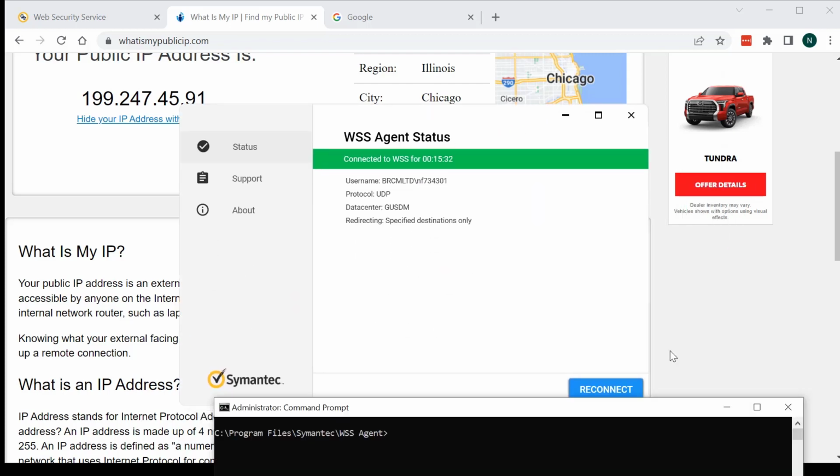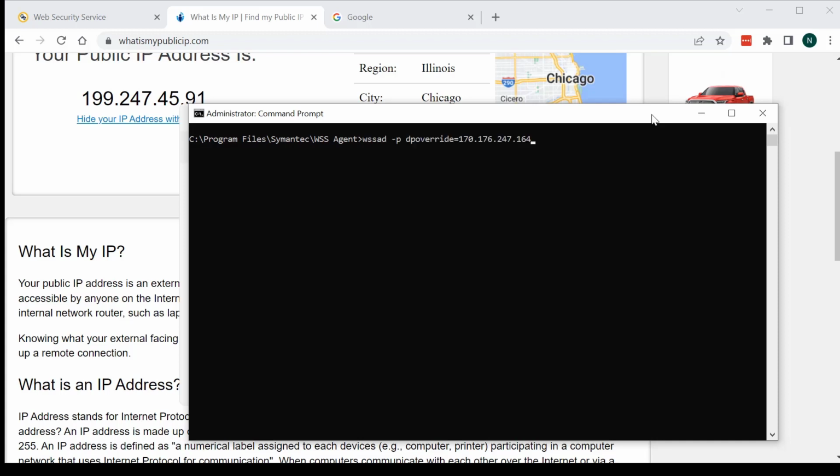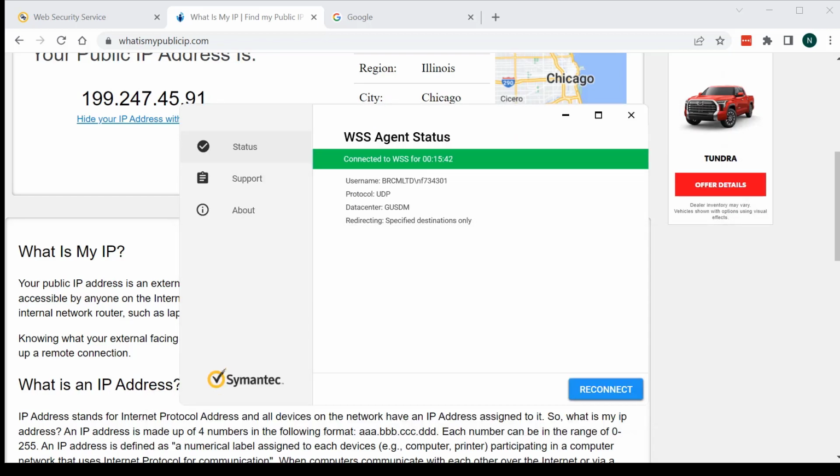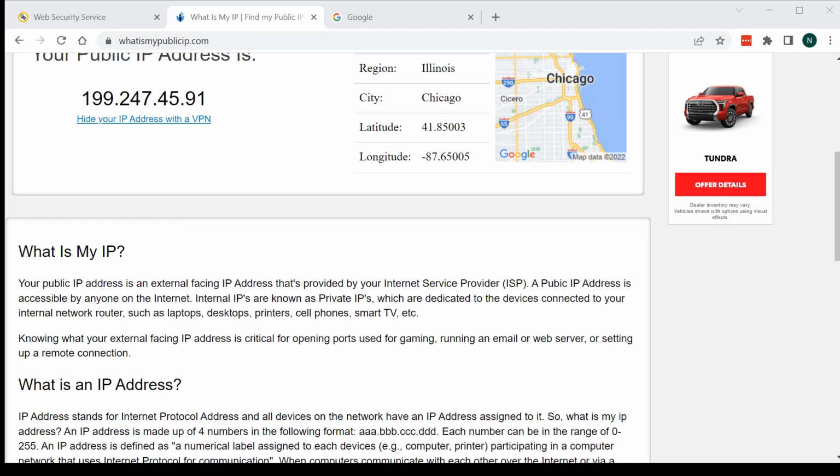And in order to provision the agent, I'll just go and enter this command, which I've already typed in for time sensitivity. And what that command does is simply tell the agent to go straight into the DEI infrastructure that has been provisioned in Des Moines for this tenant. Then I hit reconnect, and you can see that I'm overriding to the IP. So that's how easy it is to be able to utilize the private preview with WSS agent.